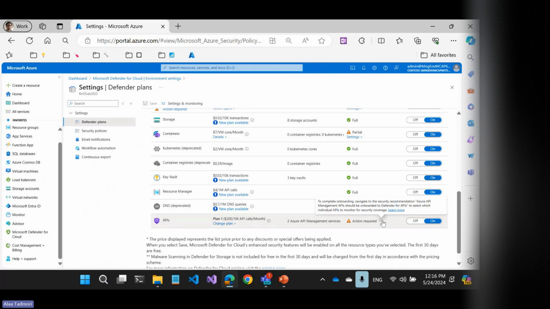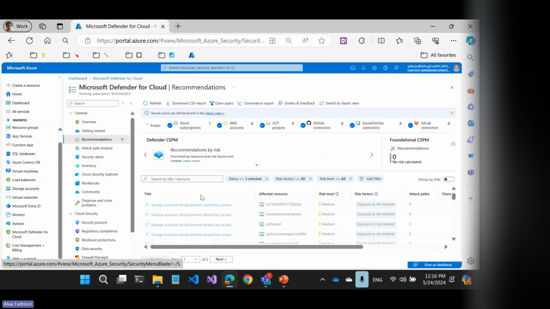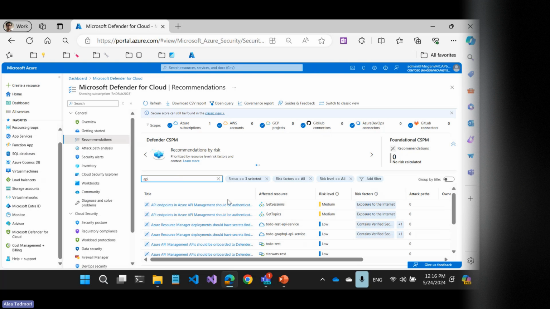Well, actually, it's what I want to. I'm just following the instruction here to onboard your APIs. Go to the recommendation and look for Azure API management. API should be onboarded. Okay, so let's go to the recommendation. And here, of course, it has a recommendation for what I should do to harden my security posture on this subscription. I'm gonna, as mentioned, look for API,